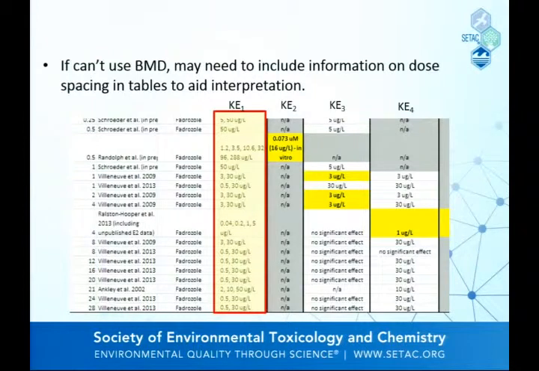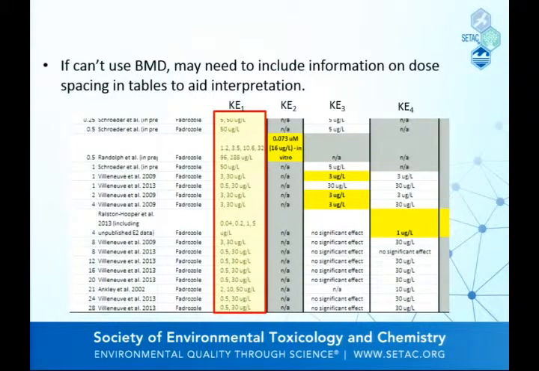If you can't use benchmark dose, one of the things you can do and probably should do is incorporate information on the dose spacing into the table, so that you summarize that information and can look across your key events. You can say, okay, I don't quite have dose-response concordance here, but I didn't test the concentrations low enough in this study that looked at this key event to actually evaluate.